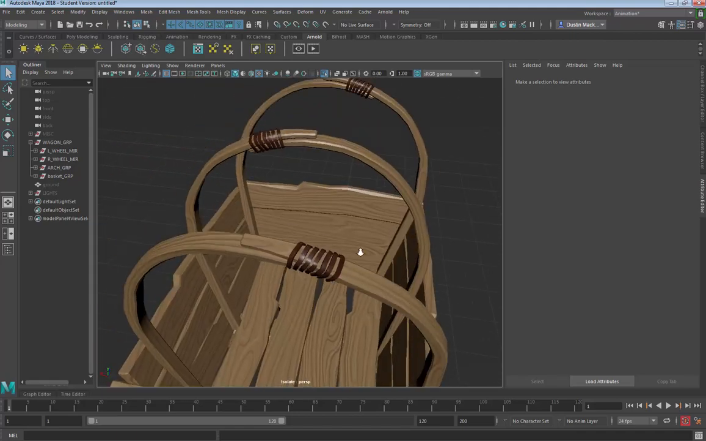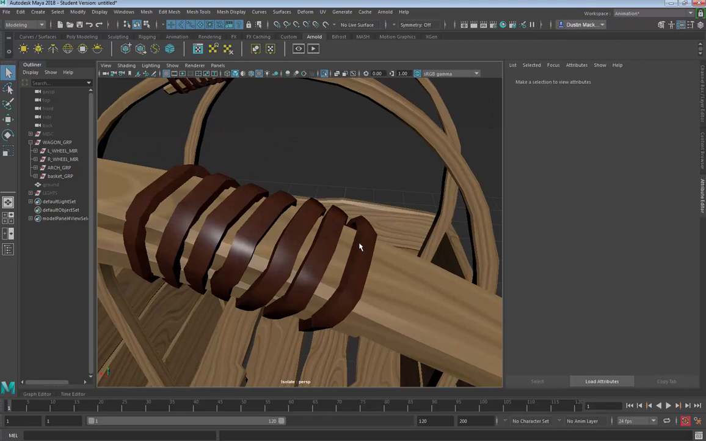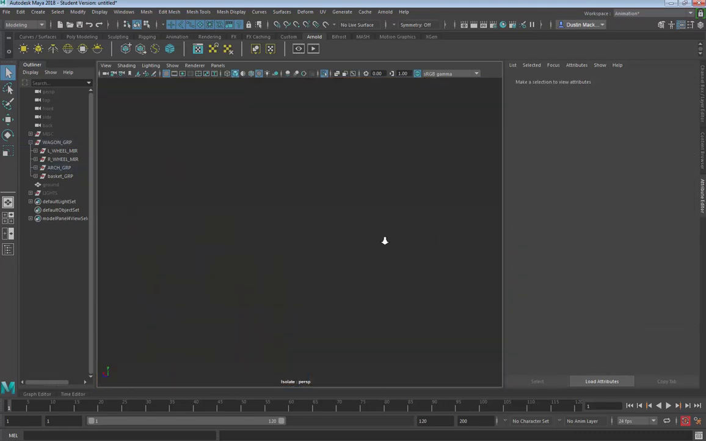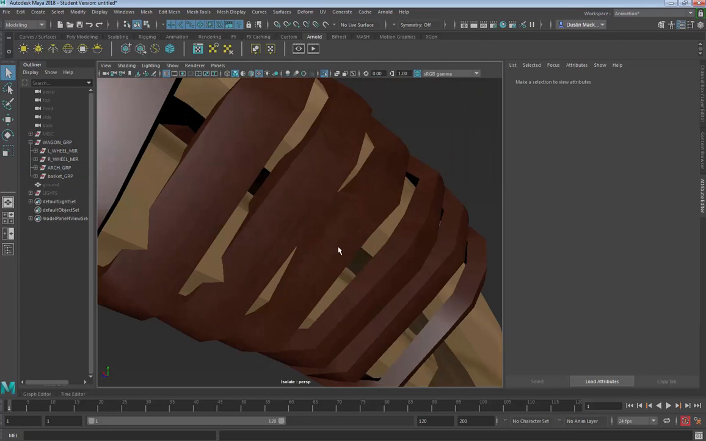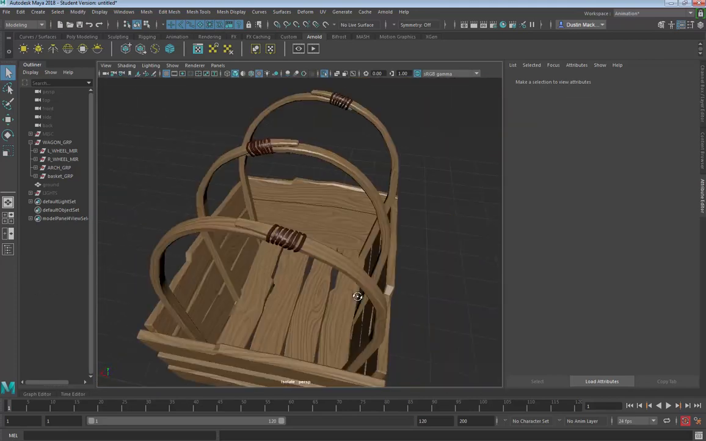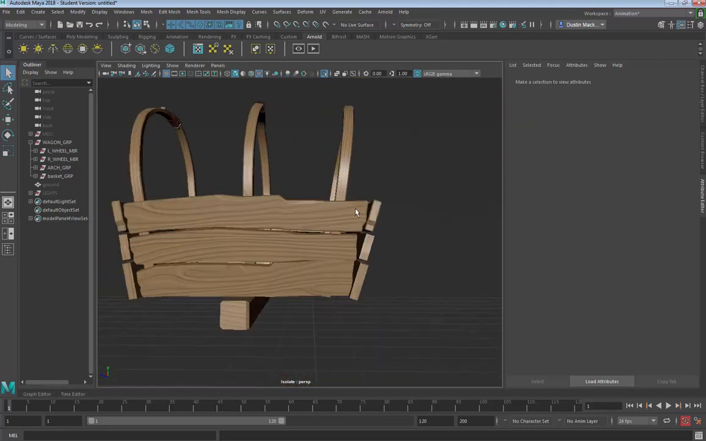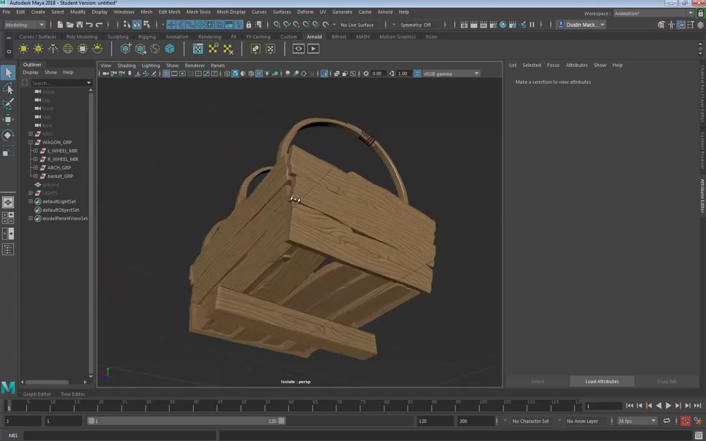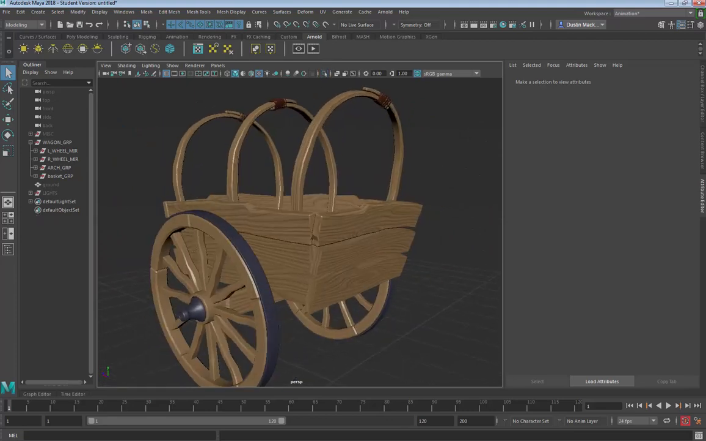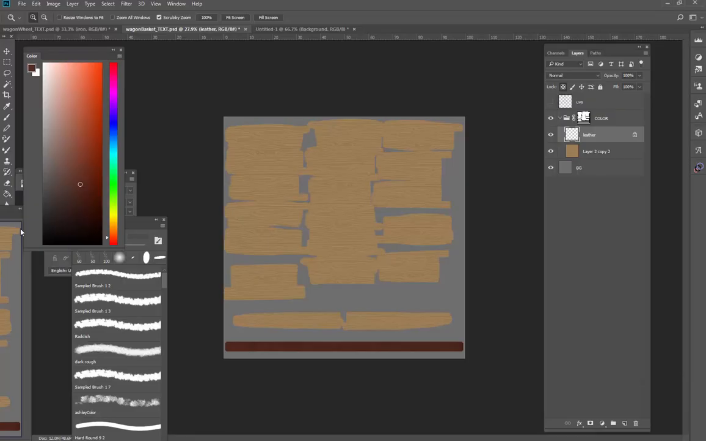Let's go ahead and look at our texture here. So you can kind of see that little bit of painting we did is showing up on that texture as well. So cool, looking good. Go ahead and do the wagon wheels as well. So on the wagon wheels we can do a similar